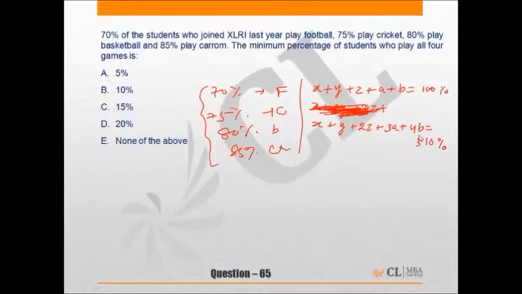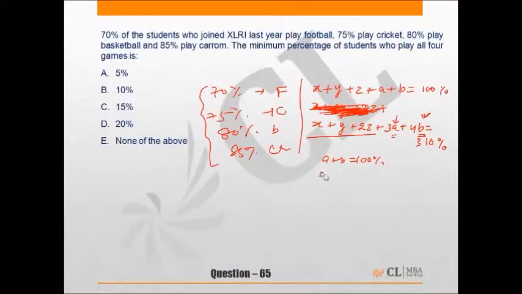As we want to minimize the number of players who play all 4 games, that means we have to minimize the value of B, and in order to minimize the value of B, we have to maximize the value of A. And if A is to be maximized, then the rest of the quantities, that is X, Y and Z, have to be 0. From here we get A plus B equals